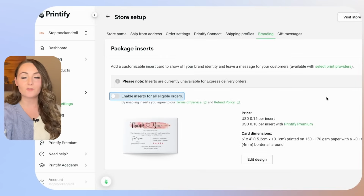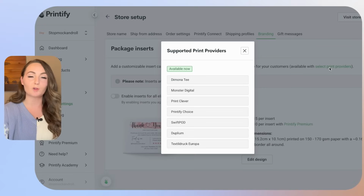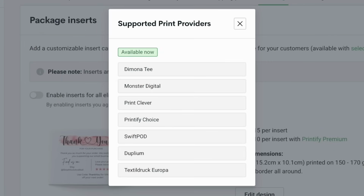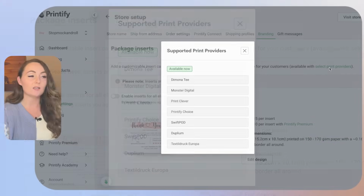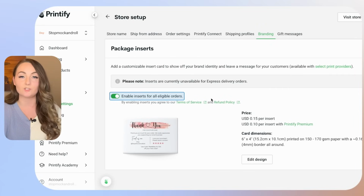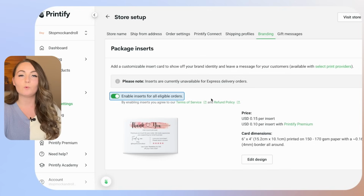Now, it's important to know that not all print providers on Printify's website will include these package inserts. So you can see the select print providers that do have these available right here if you click this button. If you're using any of these print providers, then you can just go right into your store and click Enable Inserts for all eligible orders, and anyone that you sell an item to that's eligible will get one of these